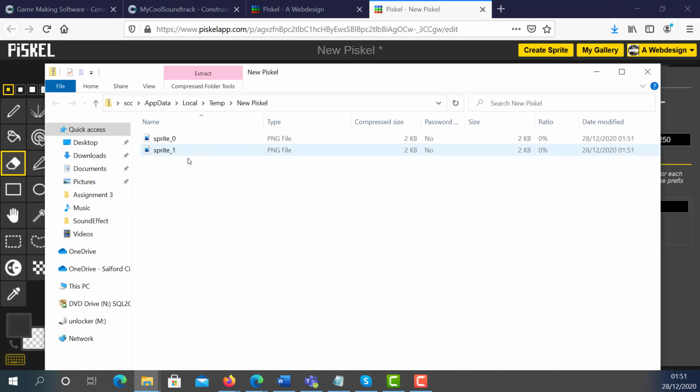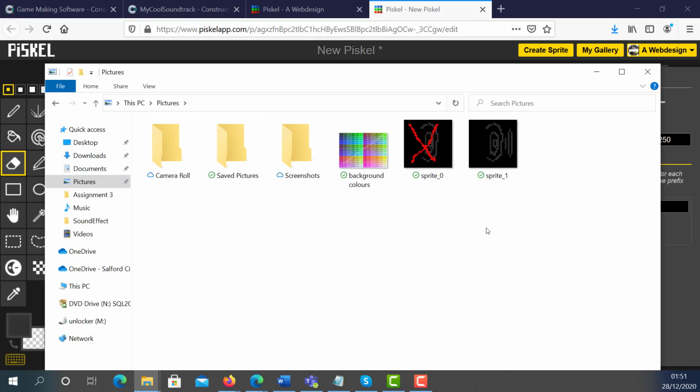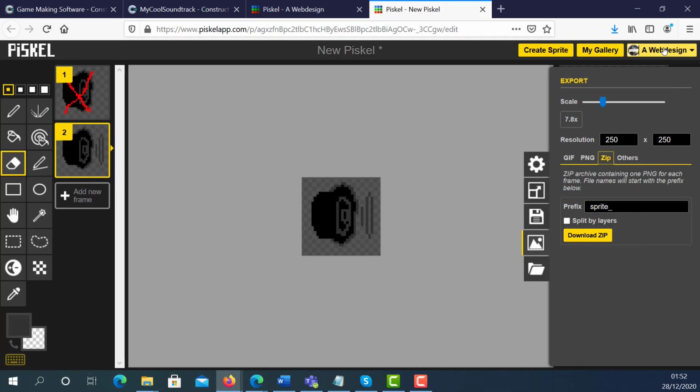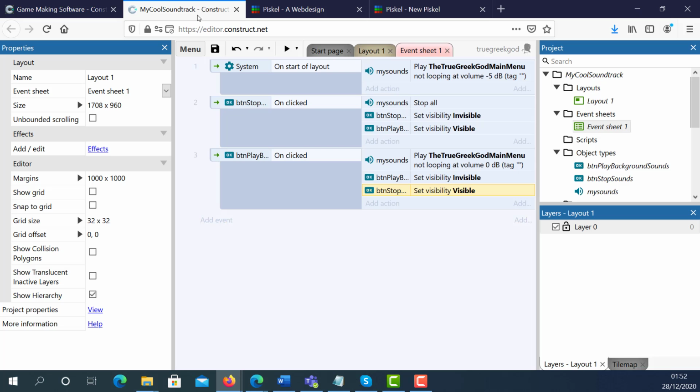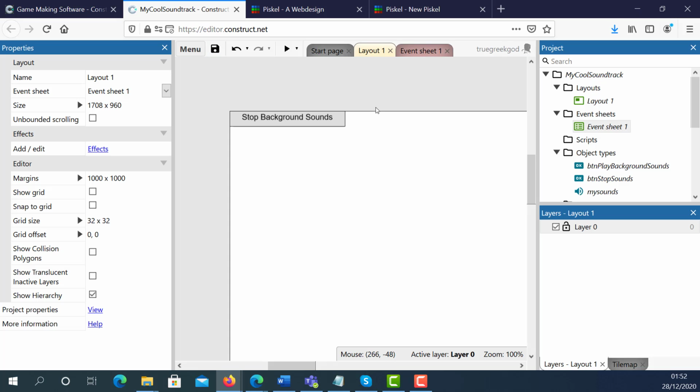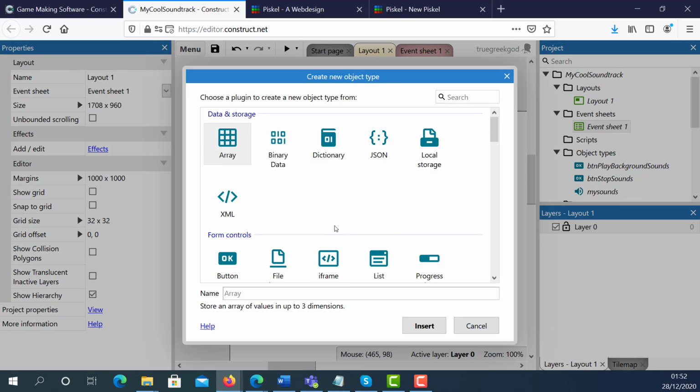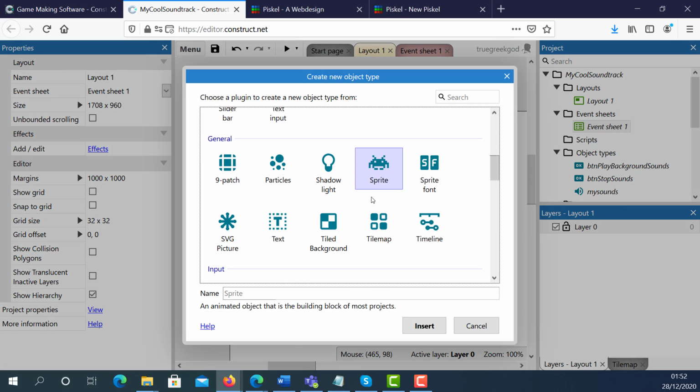So I've got now these two pictures, sprite 0 and sprite 1. So I'm gonna click and drag them to my images. So I've got these two images now. Okay. So now what I need to do is go to my Construct 3, go to the layout, and what I'm going to do, I'm just going to insert a new object. This object is a sprite object. I'm going to call this